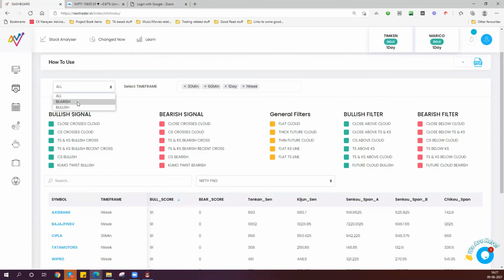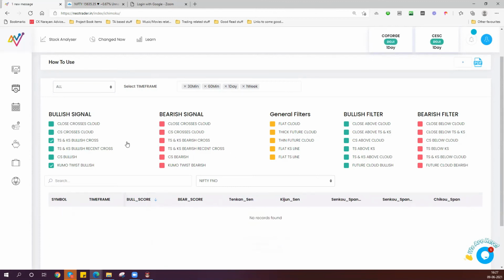You can see bearish signals or bullish signals depending upon the nature of the market, or you can see all the signals. So it's a very flexible framework. And whatever you choose here, it will show up on the screen out here, right?